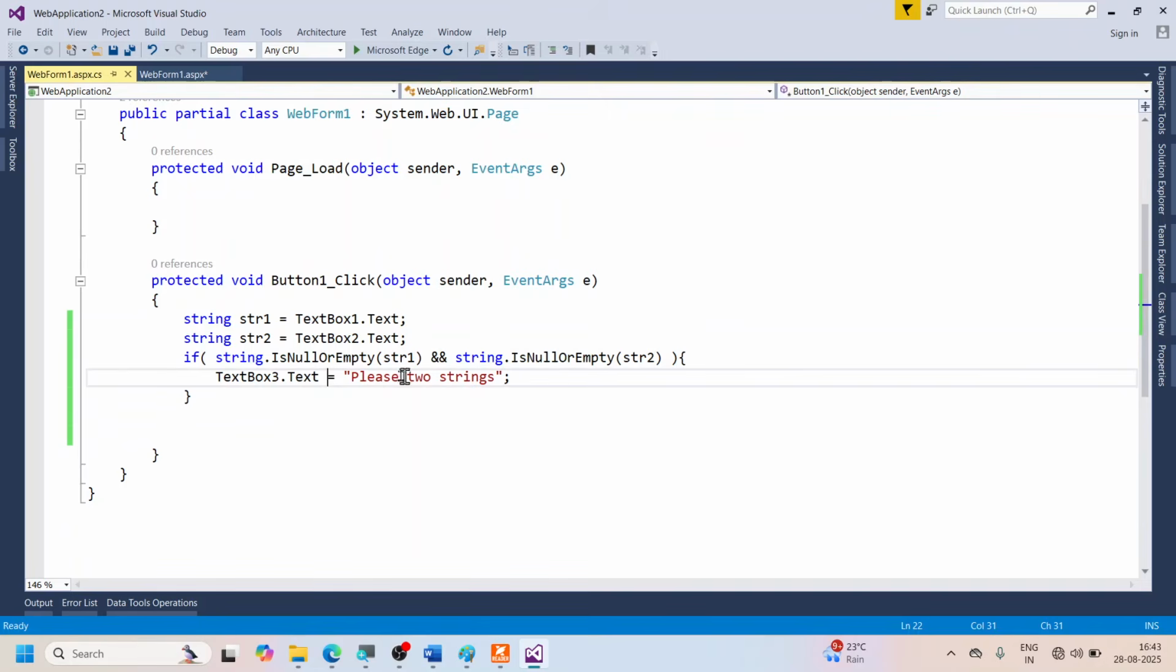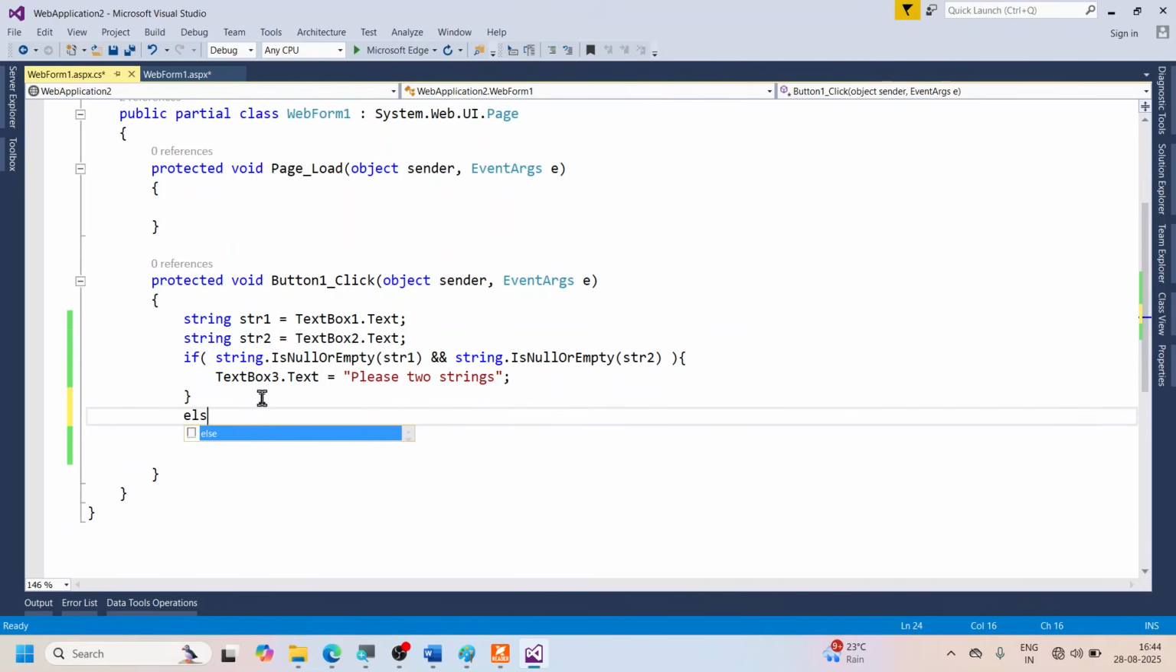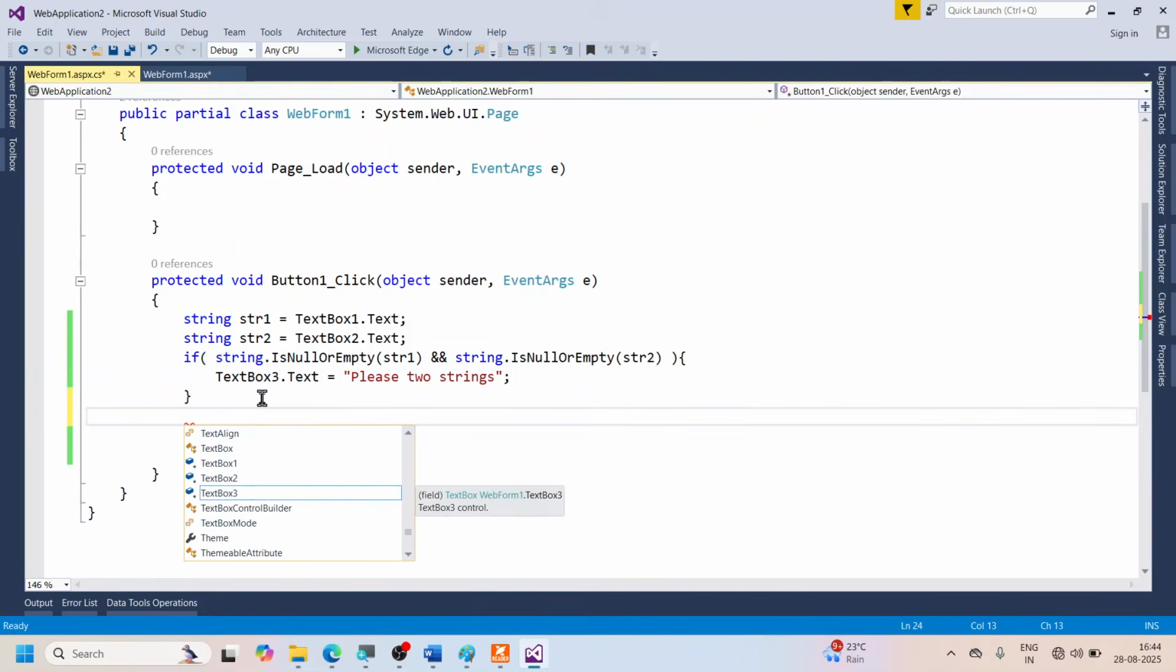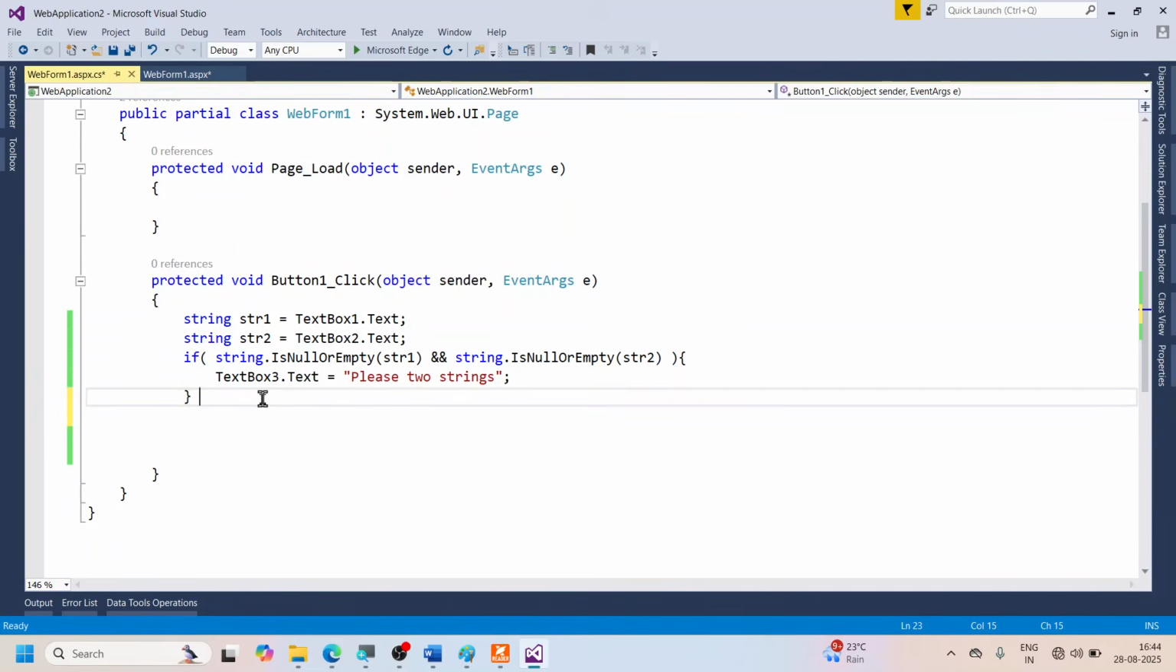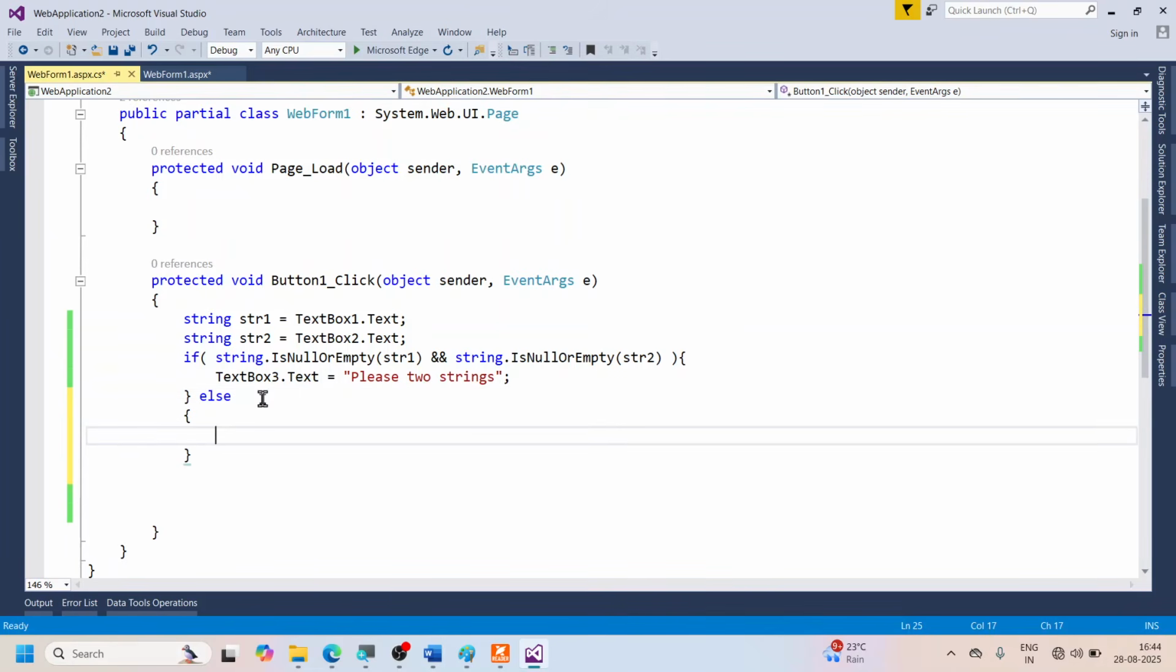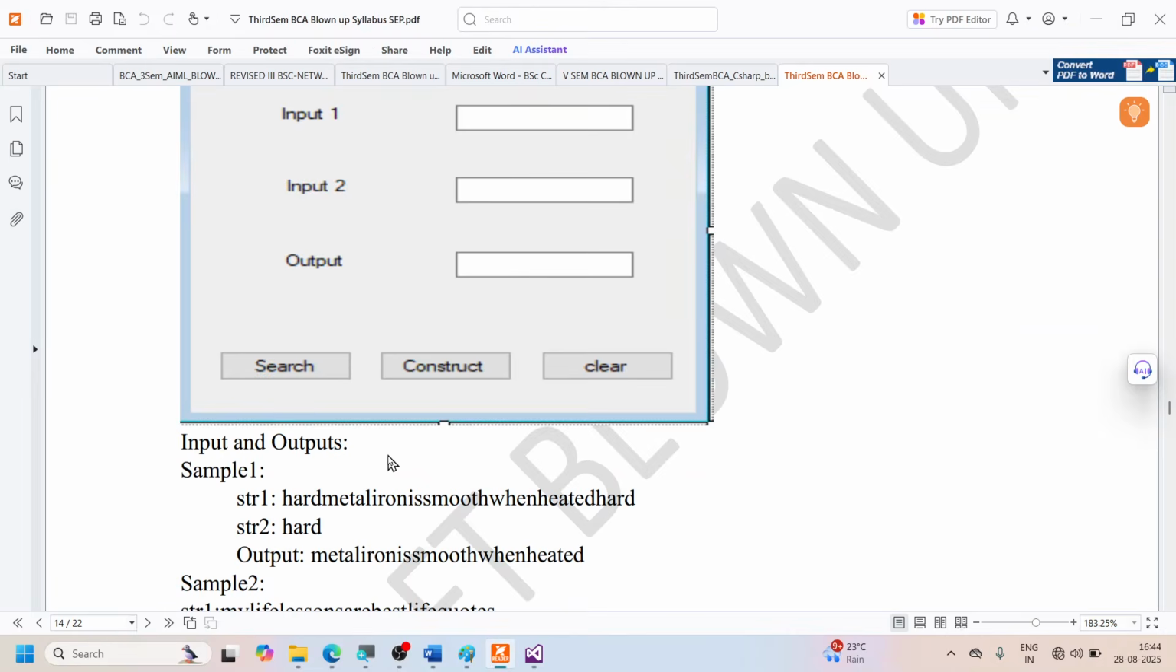So if somebody has not typed anything, you're going to do it. But unfortunately, what if somebody has typed something? In that case, let's go with the else statement. So else, what if somebody has typed something? In that case, what you are supposed to do? What to do in this case? Suppose somebody has typed it,